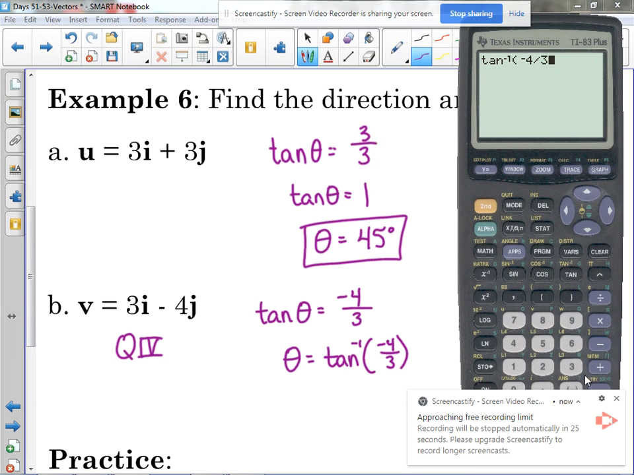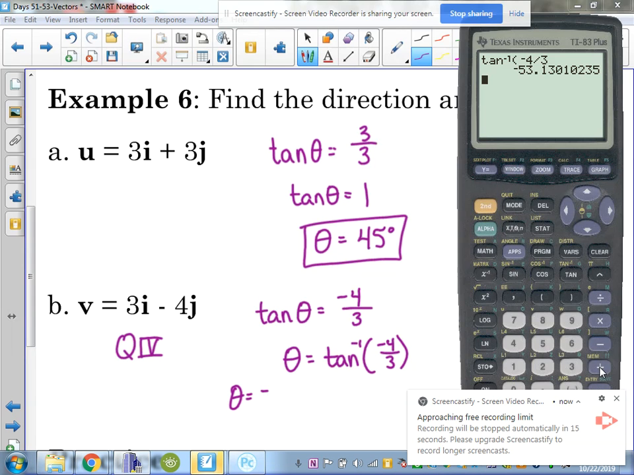So inverse tangent of negative 4 over 3 gives us negative 53.13 degrees. We don't want a negative answer. I am going to write that down, but that's not where we want to stay. Now, that is in the correct quadrant. Negative 53 degrees is in quadrant 4, but we would rather have the positive version of it, so we add 360 and we get